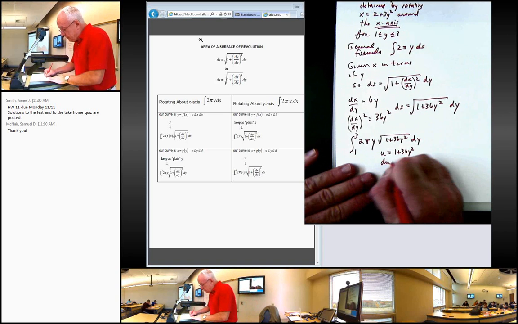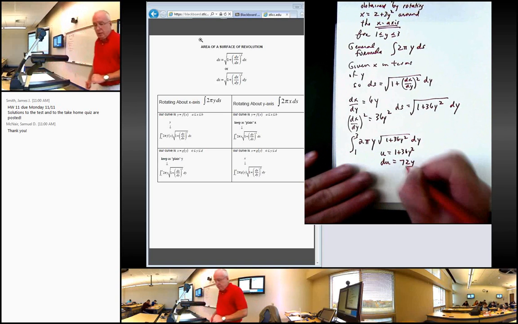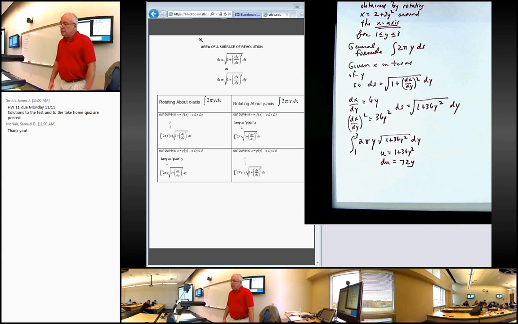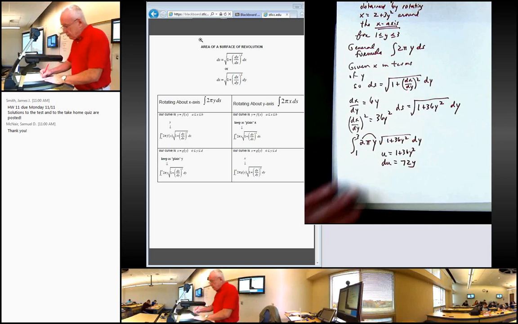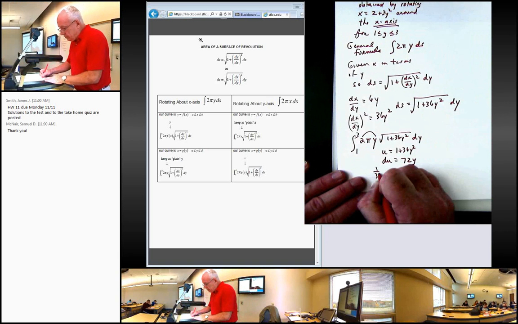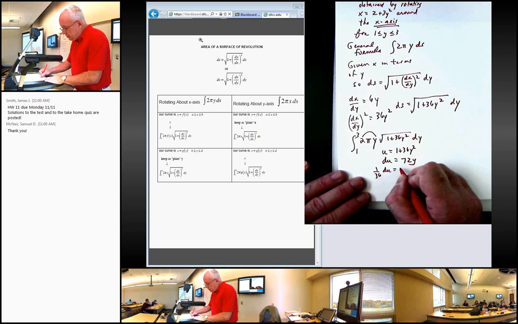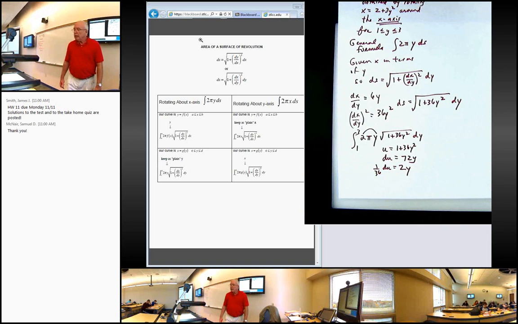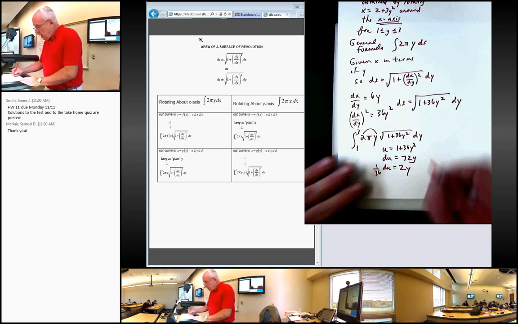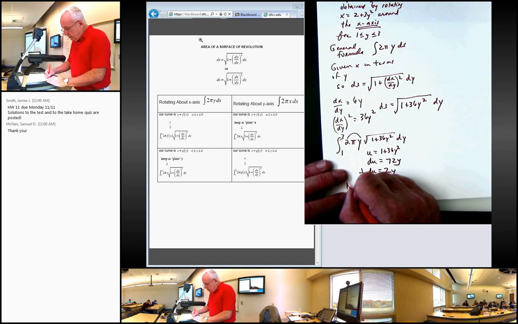du is going to be 72y. And so since we already have a 2y, I'll just divide by 36. So 1 over 36 du is equal to 2 times y. And then go from there. Our new limits of integration,